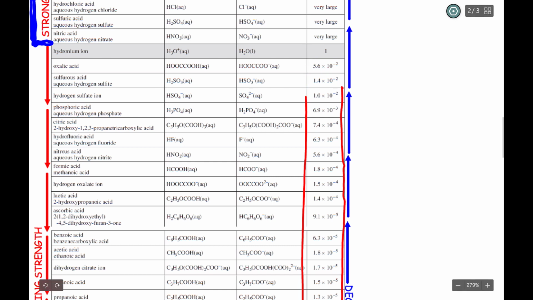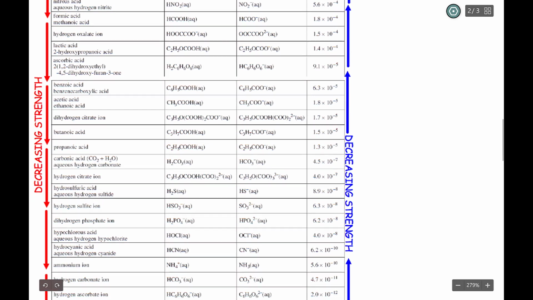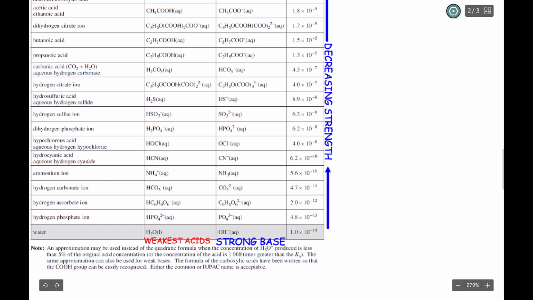So if I was to look at this one here, the 5.6 times 10 to the negative 2, that slightly favors the reactant side, but it is still producing a lot of hydronium. As you move down, 10 to the negative 5 is less product, so I'm producing less hydronium, and therefore it is going to be less acidic. The converse is true. Down here, you have your strong base, and as you go up, you actually become a